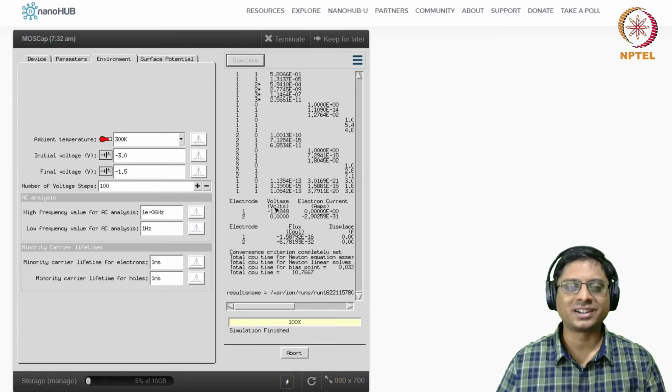There's a lot of background calculations that go on. This is something that you don't see, but yeah.